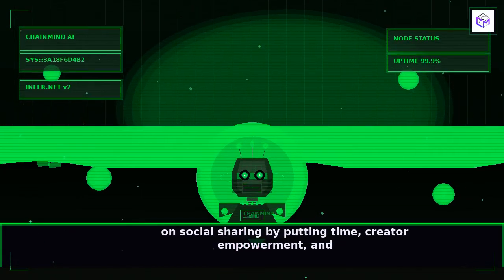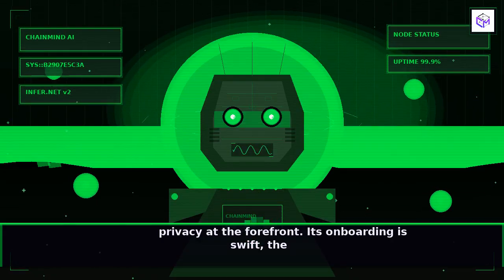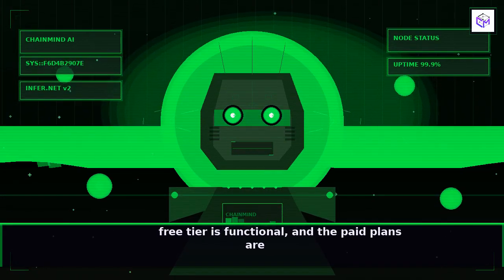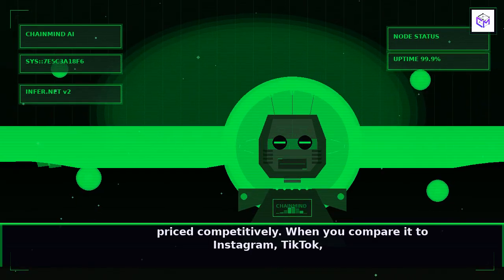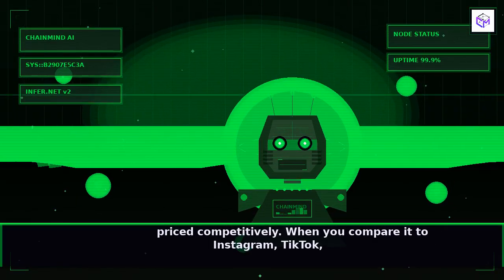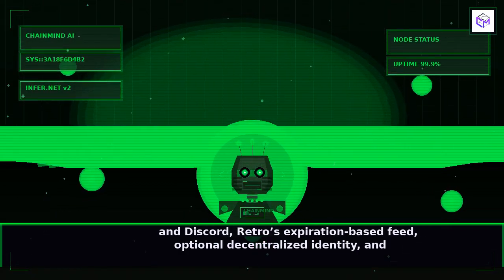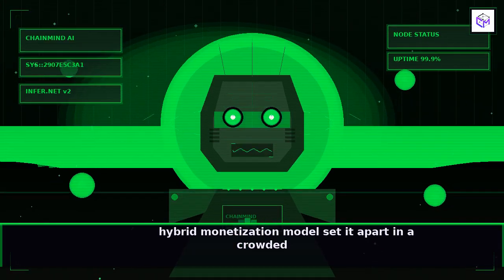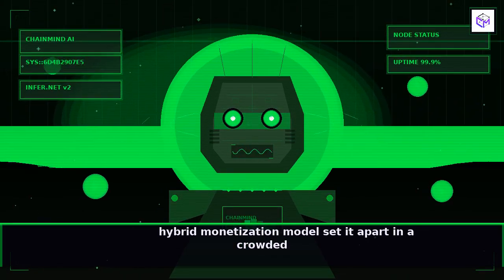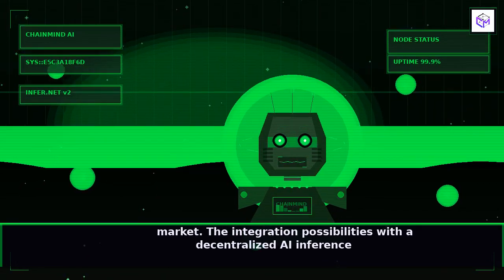In sum, Retro offers a fresh take on social sharing by putting time, creator empowerment, and privacy at the forefront. Its onboarding is swift, the free tier is functional, and the paid plans are priced competitively. When you compare it to Instagram, TikTok, and Discord, Retro's expiration-based feed, optional decentralized identity, and hybrid monetization model set it apart in a crowded market. The integration possibilities with a decentralized AI inference network like Chain